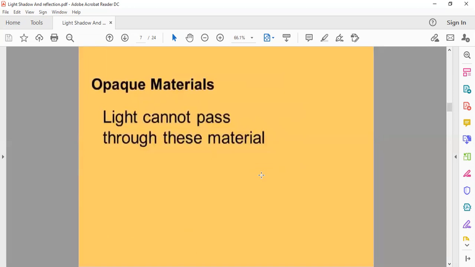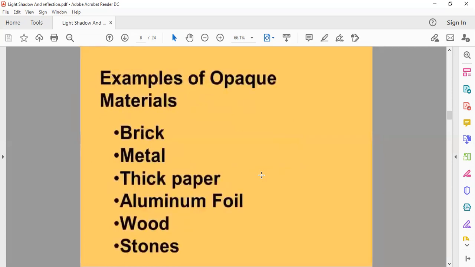Next, the third type of material is opaque material. Through opaque materials we can't see, because light cannot pass through them. These types of materials are known as opaque objects.